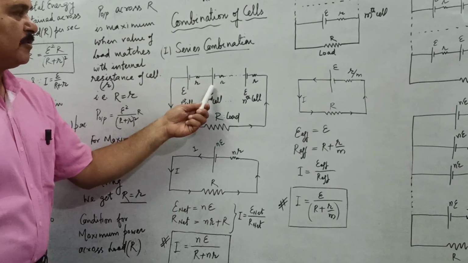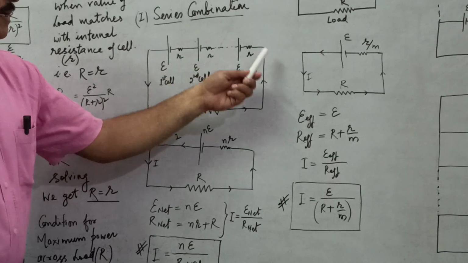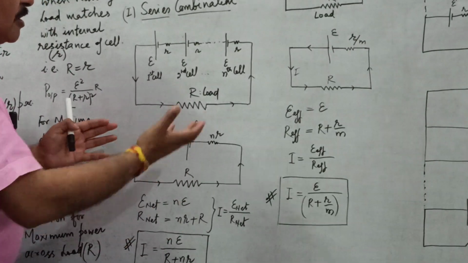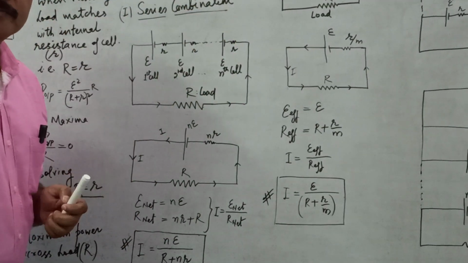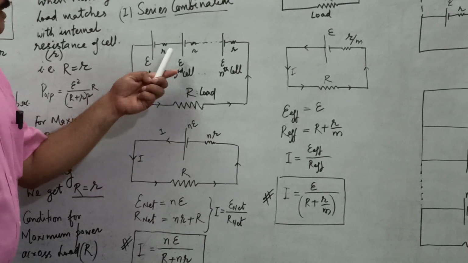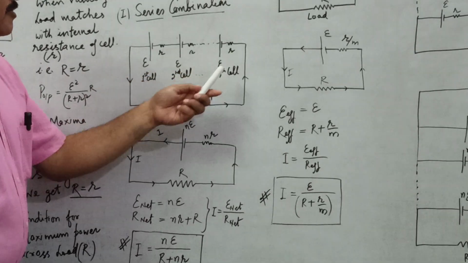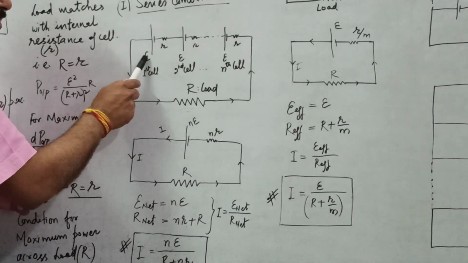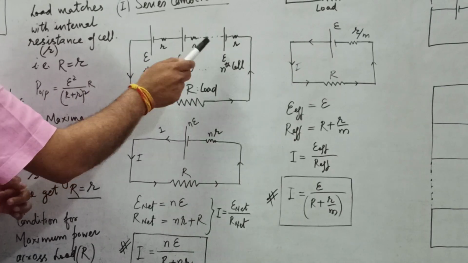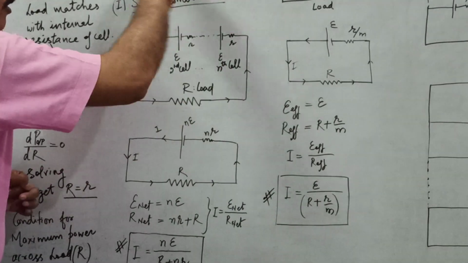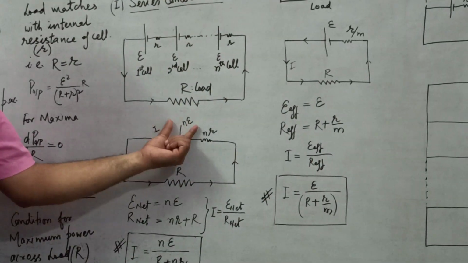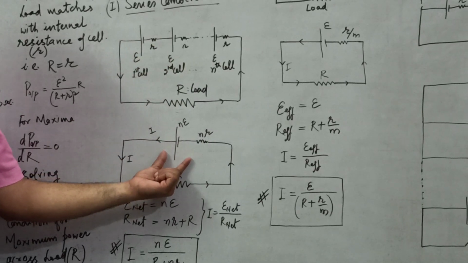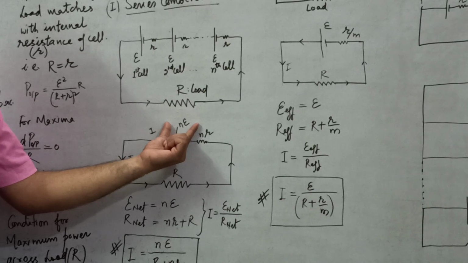This is cell number 1, this is cell number 2, and so on. This is the nth cell, all connected in series and all connected in the same sense. Same sense means they all would give the current in the same direction. They help each other. So if we replace this combination, in series the potential difference is distributed. If E is the potential difference across every cell, then across the whole combination, the potential difference will be nE. So this whole combination can be replaced by a single battery across whose terminals the potential difference is nE.